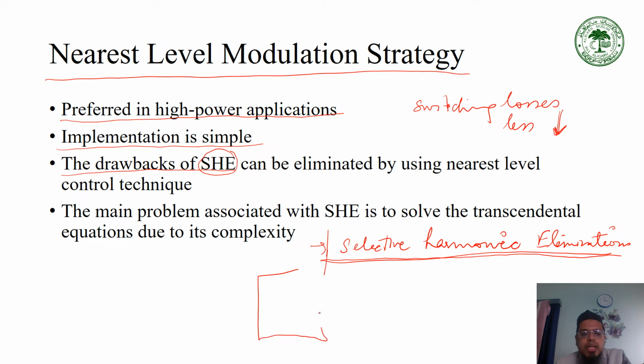For 5-level inverters we have 2 angles, alpha 1 and alpha 2. Those values are stored corresponding to each modulation index, and those values are fetched by the microcontroller and given to the control scheme, and then controlling the output voltage is possible. But again, this real-time implementation is difficult in SHE, so that can be eliminated when we are using nearest level